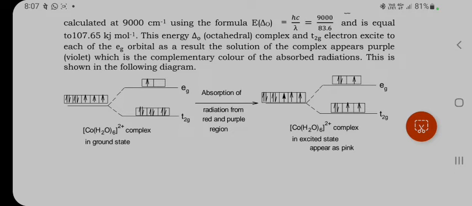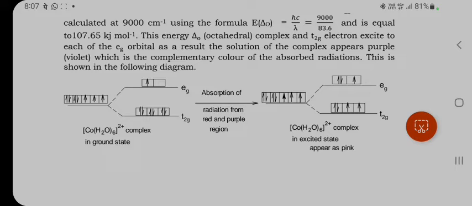So out of 7 electrons, 6 electrons will occupy the lower energy T2g orbital, and the remaining 1 electron will occupy the higher energy Eg orbital. So when this cobalt complex absorbs the radiation from the red and purple region,